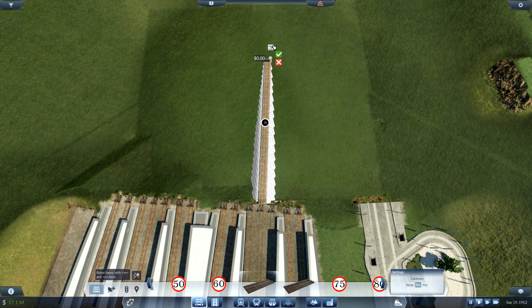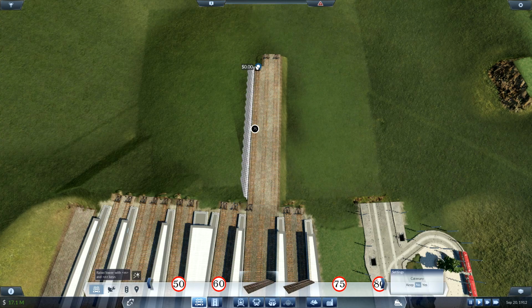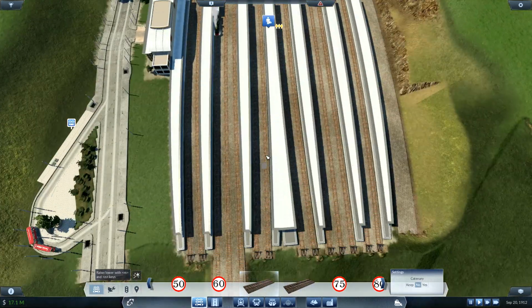We'll call that the foundations for the track. We do want all of this very flat. I kind of messed up the...